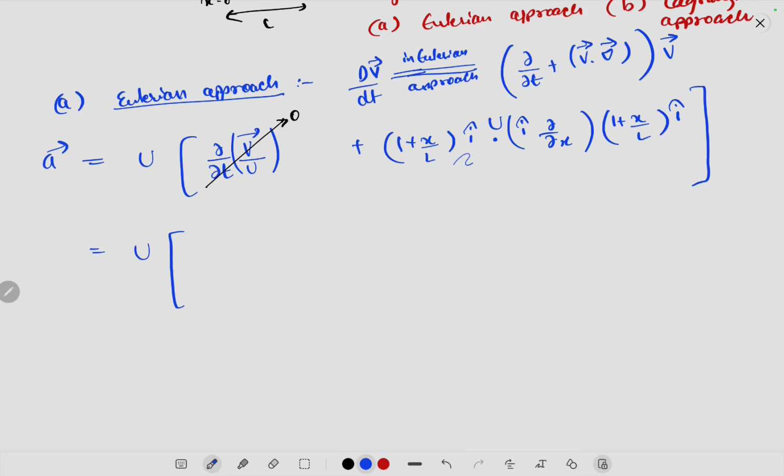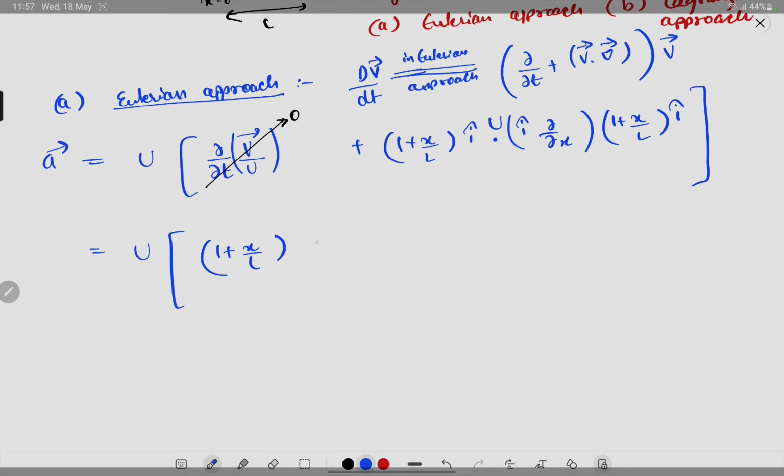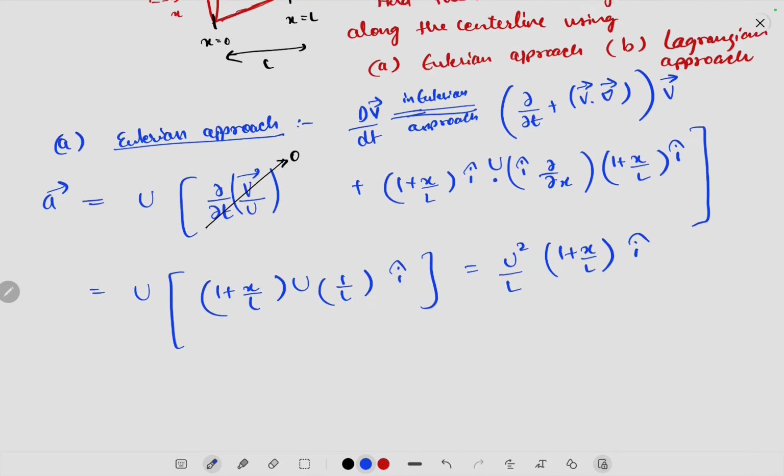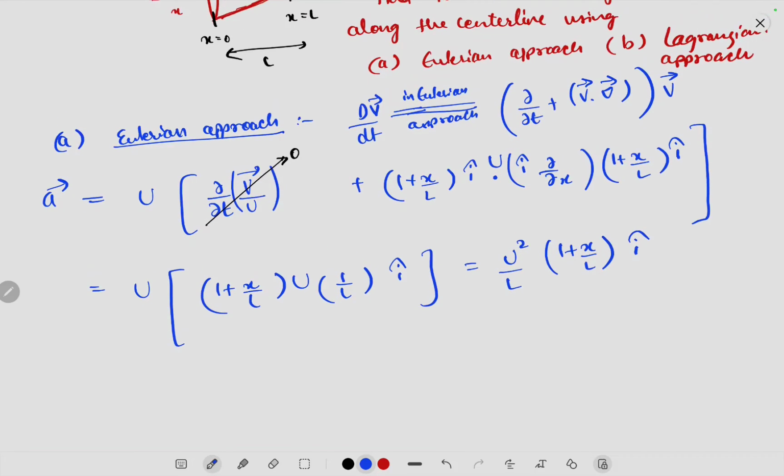Okay, so what is i hat dot i hat? That is 1. We have 1 plus x by l, then we have u, i hat dot i hat becomes 1, then we have del by del x acting on 1 plus x by l. So del by del x on 1 is 0, plus del by del x acting on x by l would give you 1 by l. So this will become 1 by l i hat. So this will become u square by l into 1 plus x by l i hat. So this is the acceleration of the particle using Eulerian approach. Okay,